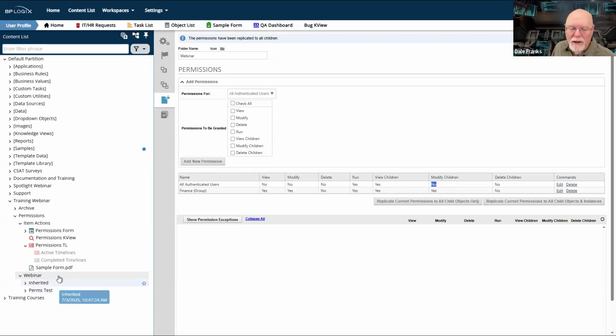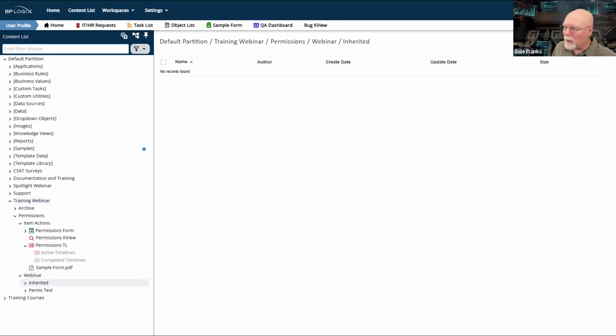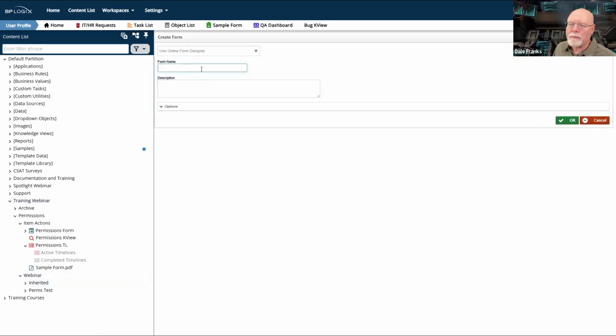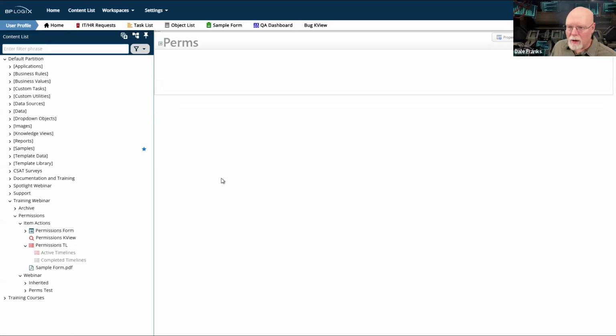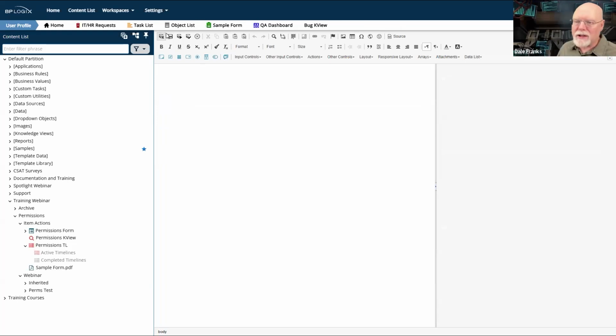So that means that if I create a form anywhere in any of these folders, we'll just do it here. So we'll create a new form definition, and we'll just call it perms form, and it doesn't really matter because we're not going to do anything with it. We don't really care about the form itself.